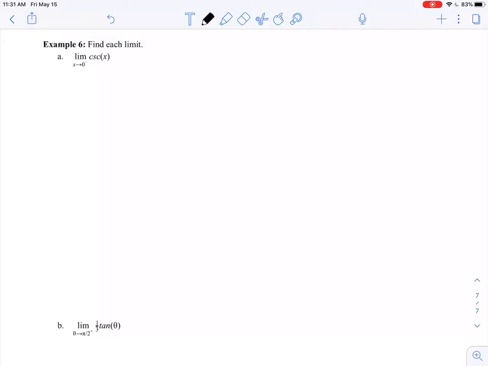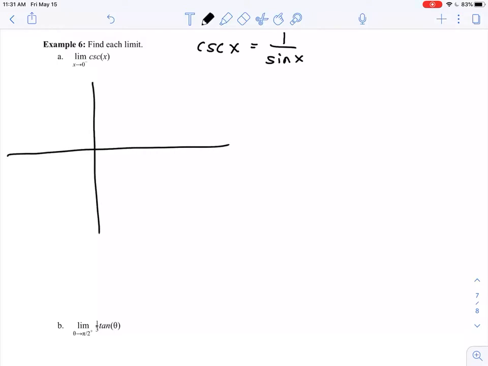So here for this first one, I've got the limit as x approaches 0 from the left of cosecant of x. We may not remember exactly what the graph of cosecant of x looks like, but we do know that cosecant of x is really just the reciprocal of sine of x, so it's 1 over sine of x. So I'm going to start this problem by graphing sine of x, and then once we have sine of x, cosecant of x should be, I won't say easy, but it'll be easier to find once we have this reference point. So sine of x,